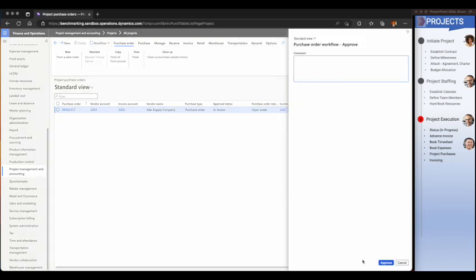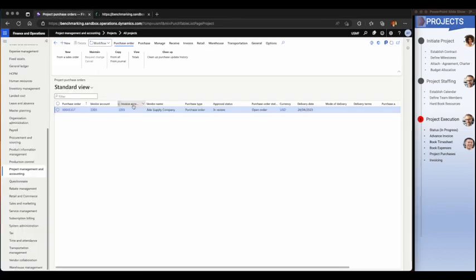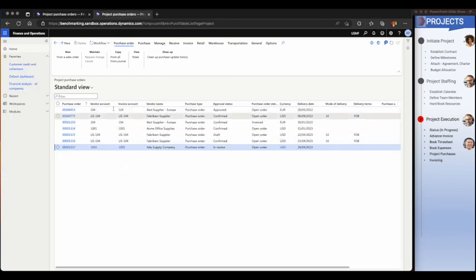So after this approval, I should be able to confirm this purchase order, and the moment I confirm this, it will appear in my commitment. So let's see that it is approved. It is still in review. It takes a few minutes to change the status from review to approved, because there's a batch job running in the background which changes the status of all these things. So when I go here to project purchase orders, as you can see here,